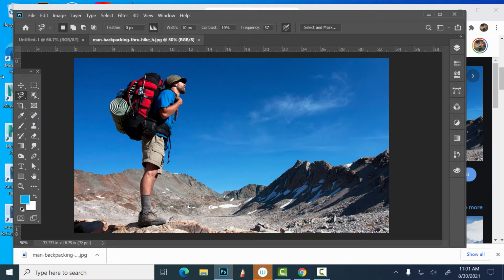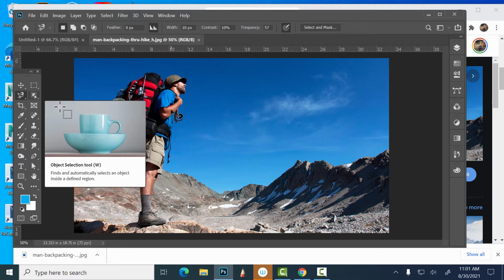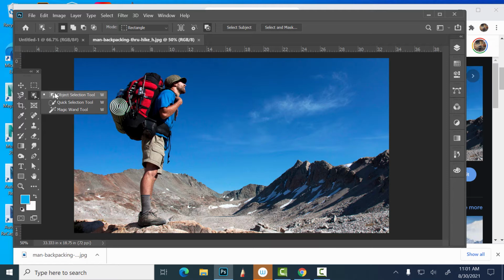Now, let's do this. Let's go here. So we have a tool right here. I got to turn that off. Called the Direct or the Object Selection Tool, which is a pretty nice tool. So up here now in your control bar, like we've talked about, where your most used things in that particular tool pop up, it has rectangle or lasso. Okay, so let's just try rectangle. So what that means is that in order to use this tool, those are my tool selection things that I can use. Okay, so in this case I think rectangle will work fine, or I could freehand it around it